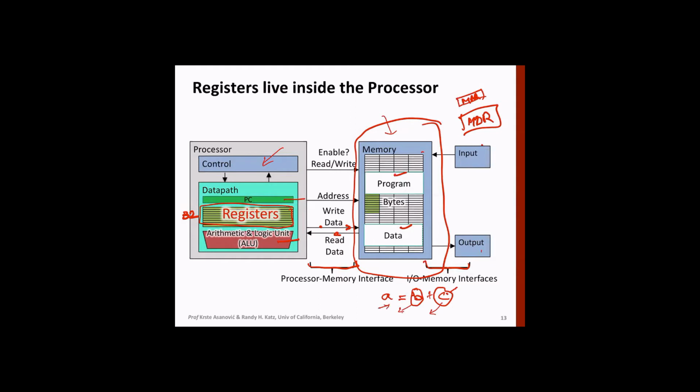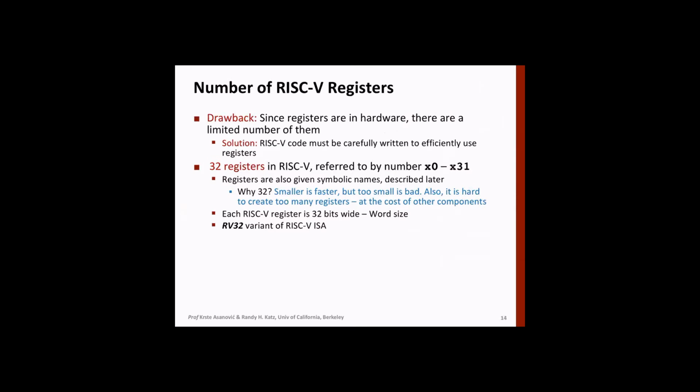Please wait for some time. I will answer your question, because the whole design of the data path is based on that. Okay, all right. So registers are in hardware, so there is only a limited number of them, because these are very fast. The question is how many registers we can have, and we have discussed this point earlier. Ideal is as large a number of registers as possible, because more temporaries or variables you can bring into registers.